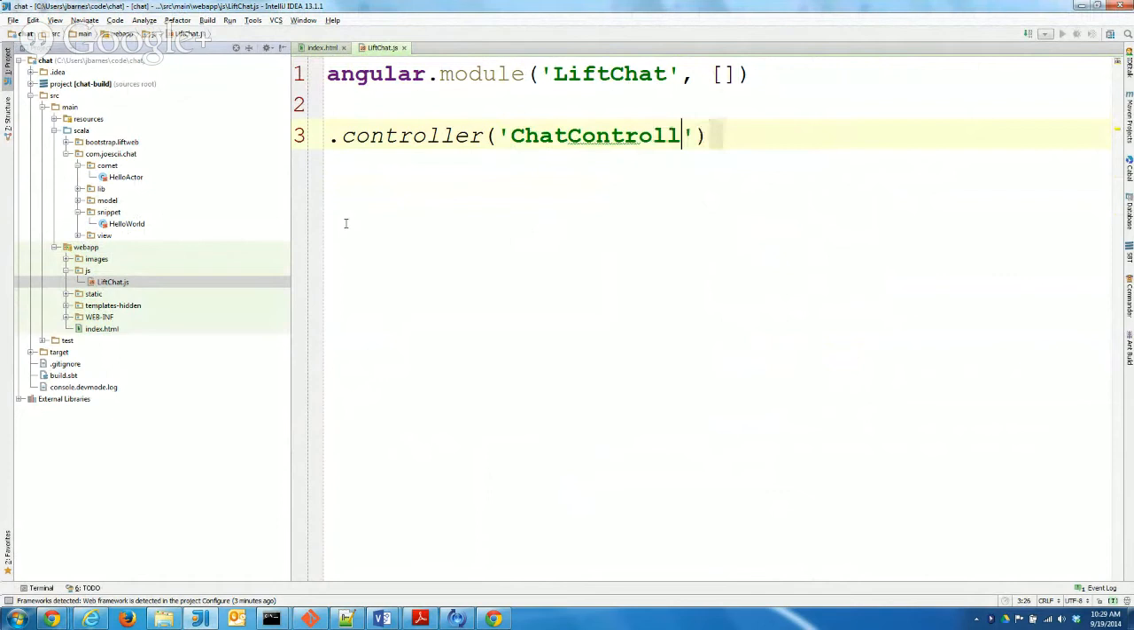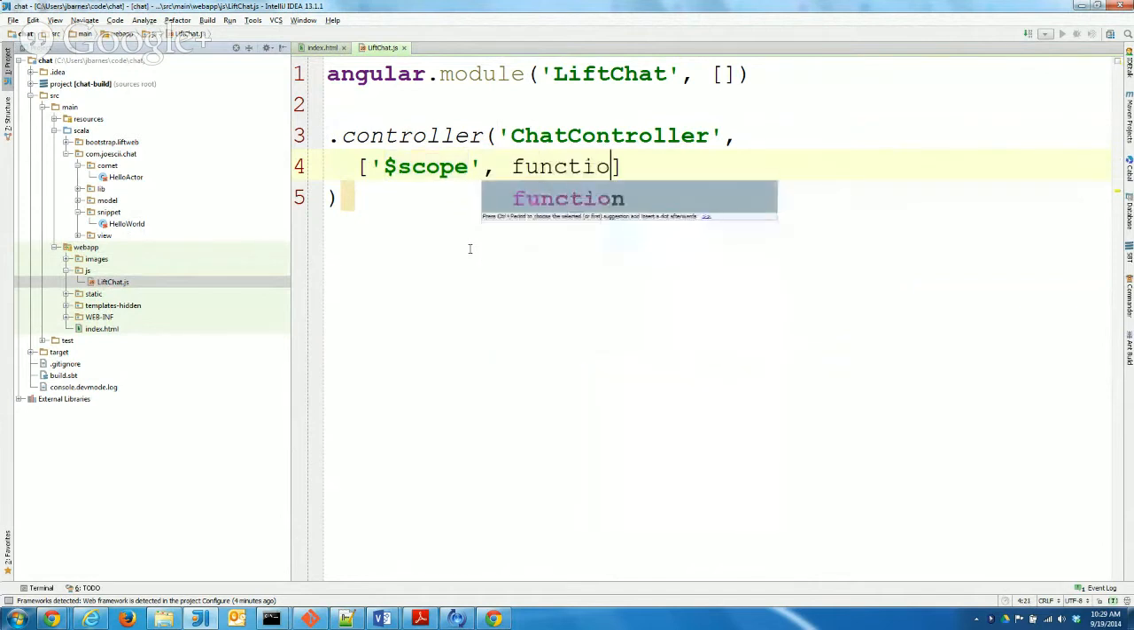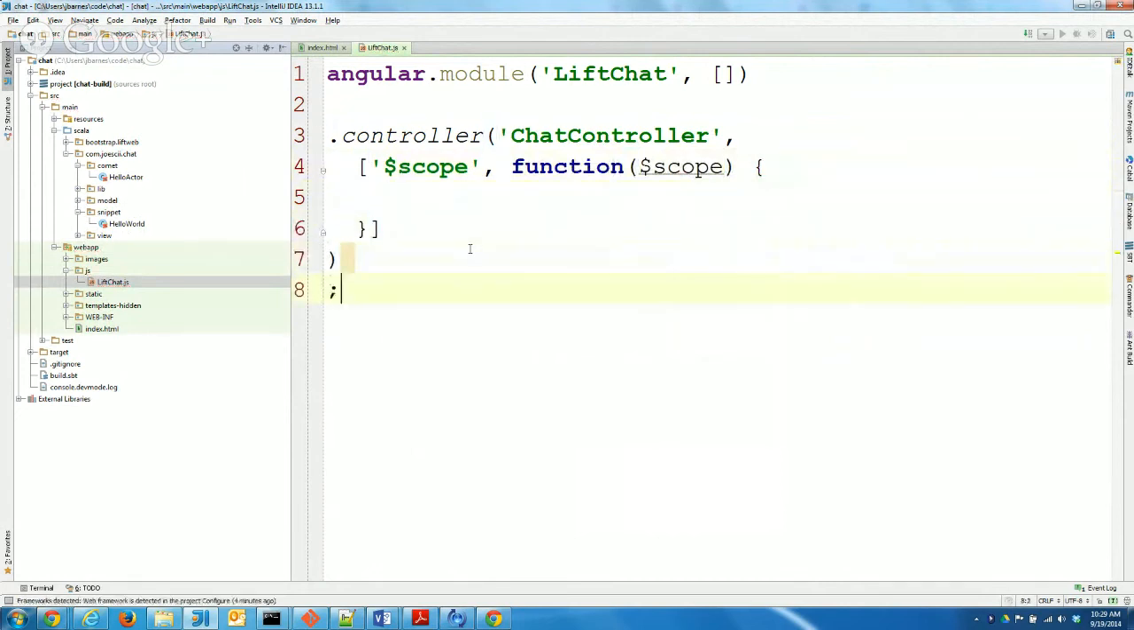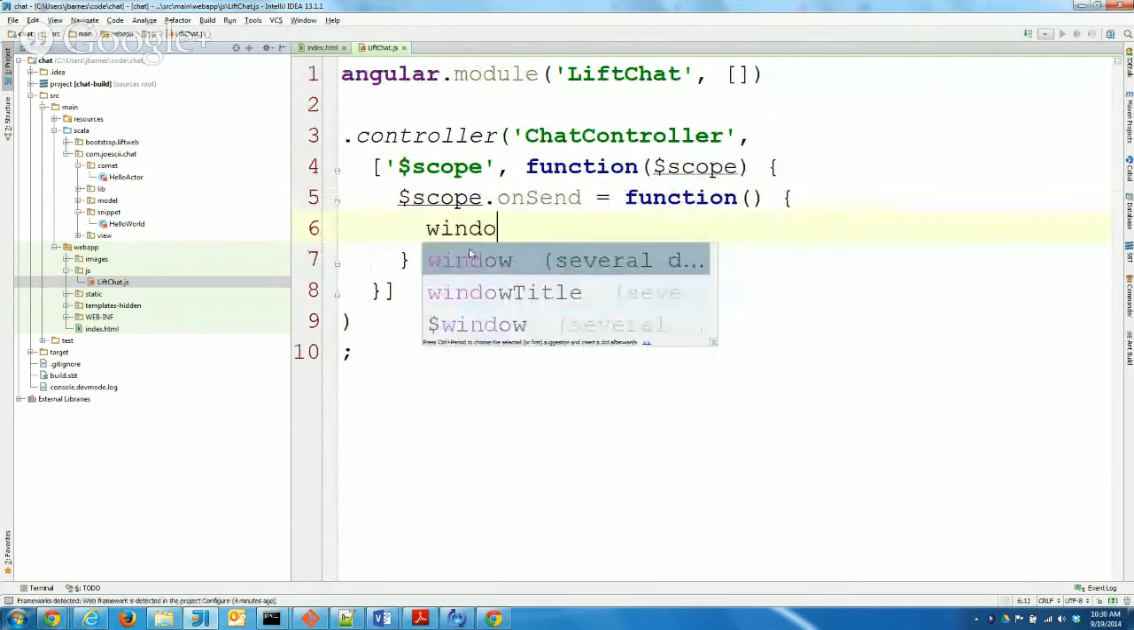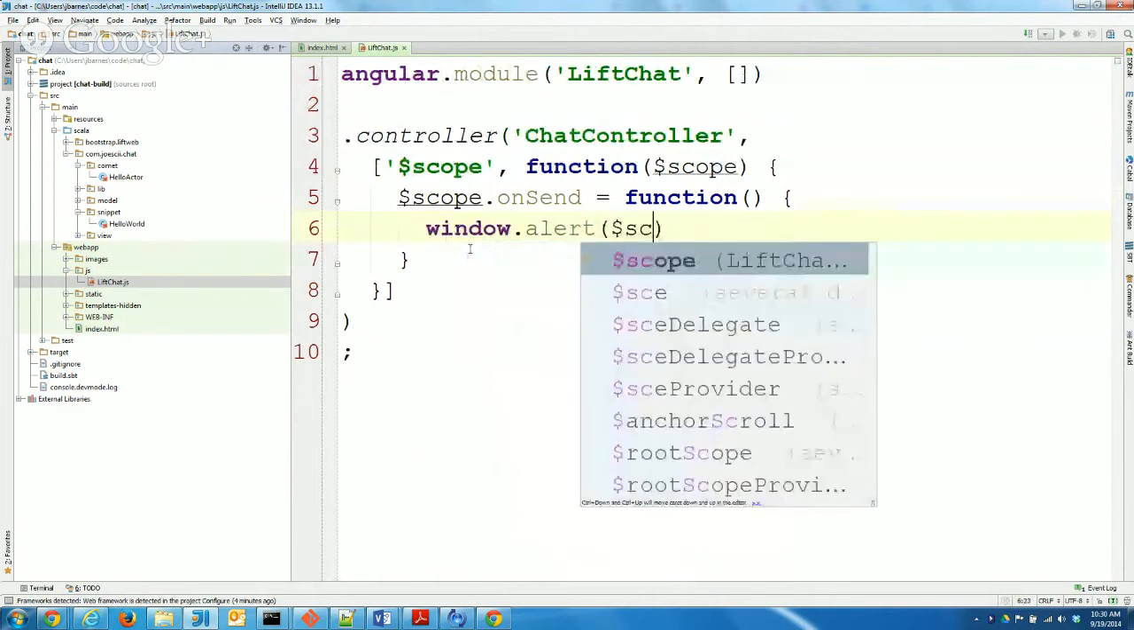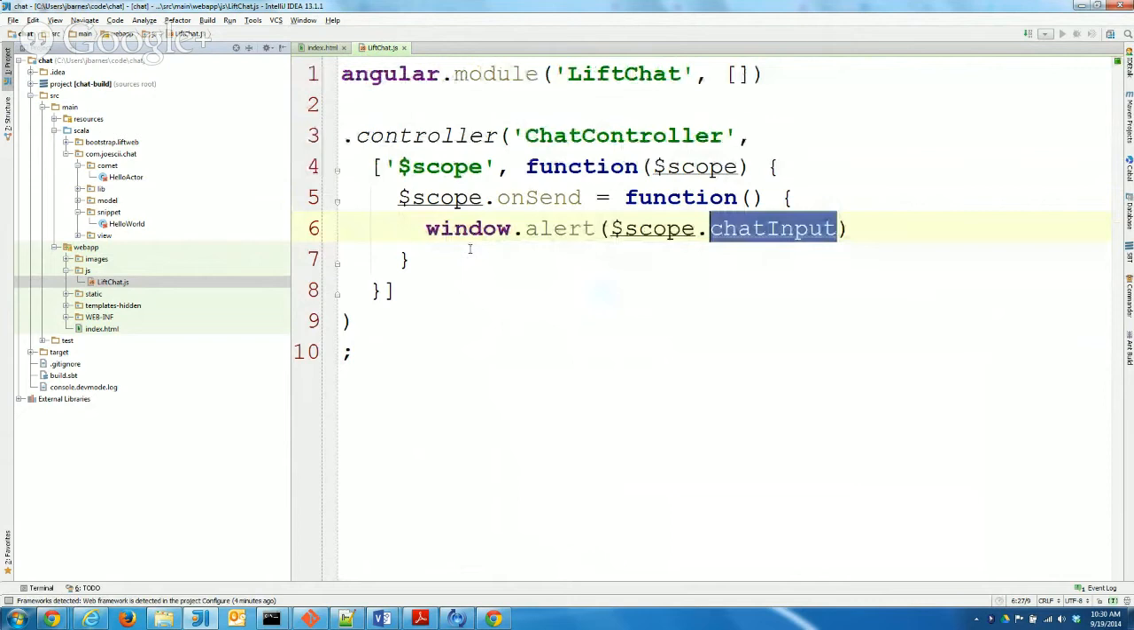So chat controller, just like we had in our div earlier, and then with that you'll say, here's what I need for this to work. We need a scope, and give me that scope when you define this controller. So let's go down here, semicolon, and right, we're in this function. So scope is where all that stuff is defined we were just talking about, like the function we're going to use on send. So let's come in here and say scope on send. So this is we're defining the function that button is going to call. And just for fun, we'll say window alert scope chat input. That we also defined on the